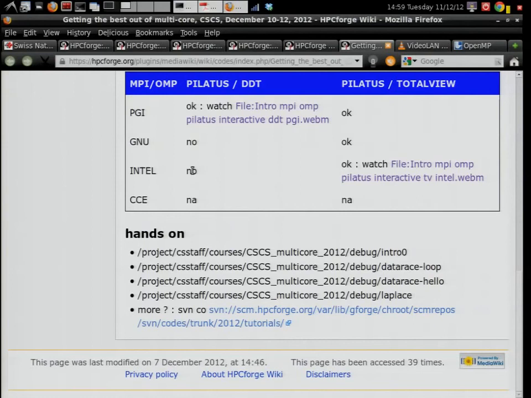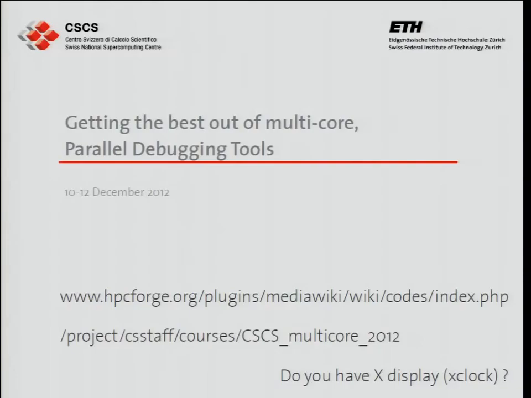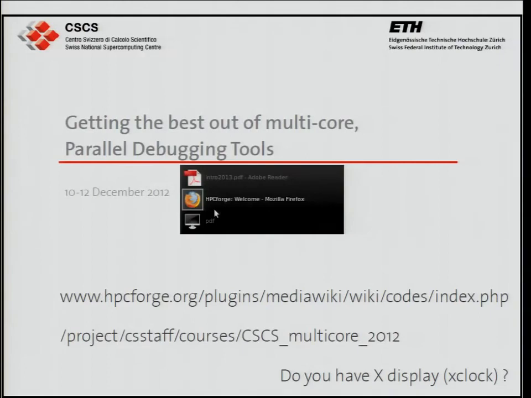Okay, so I think we should continue. Before we start, I will do a live demo. In order to view the movie, you need to have a tool to view that.